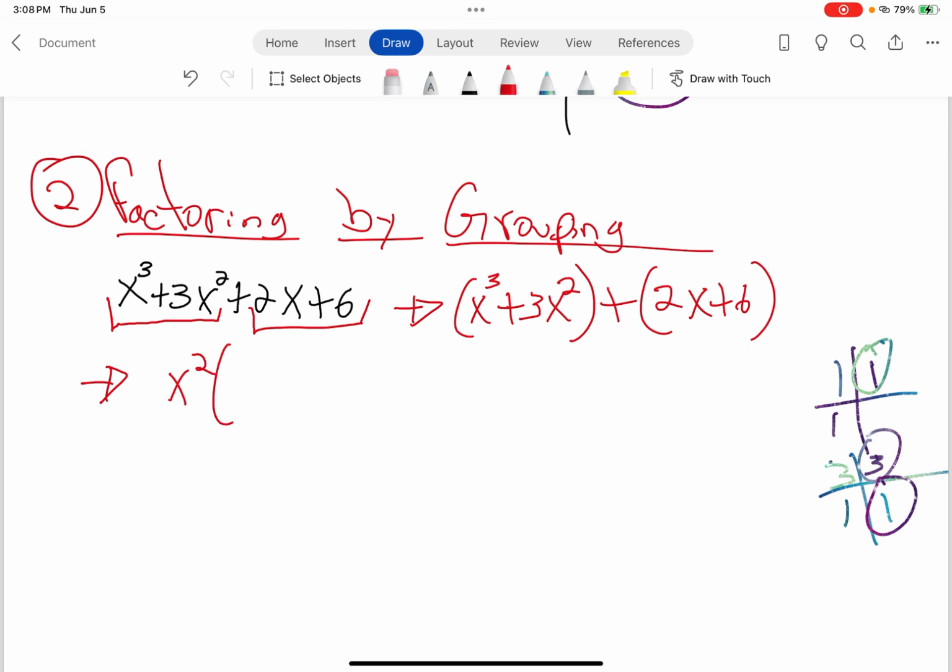Now you need to multiply this x squared, inside the original equation, but divided by the greatest common factor. When you divide 3x by x squared, you remember you need to subtract the powers. 3 minus 2 will be 1. I don't have to put it. If you want, you can put it. So this is x to the power of 1, and then plus, when you divide 3x squared by x squared,